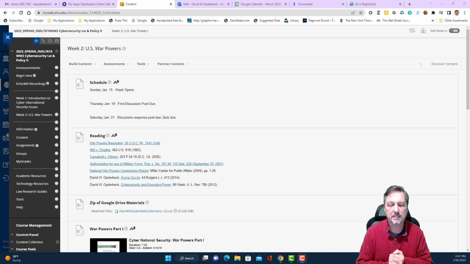And as you'll see from these materials, the War Powers Resolution constitutionally is ambiguous. It very well may be unconstitutional. And the problem here is really the problem of a legislative veto. So I gave you INS v. Chadha to look at, which is the legislative veto case. I gave you Campbell v. Clinton, which is a challenge to President Clinton's actions in Bosnia that was addressed in the DC circuit, but not definitively, and never made its way up to the Supreme Court. And so really the status of the WPR is still up in the air, and it's something you want to think about.